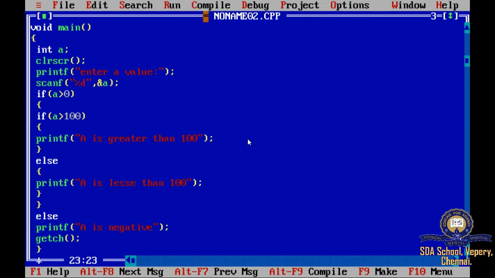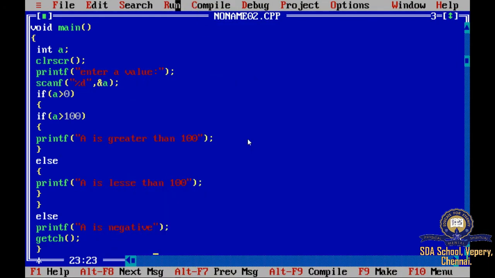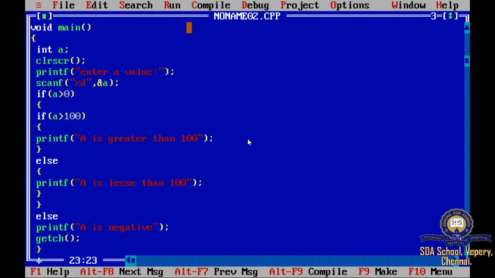Now we'll compile this. Compile, no errors. Run the program. So enter a value. I'm giving 45. 45 is greater than, okay, it is lesser than 100. So we'll compile one more time.